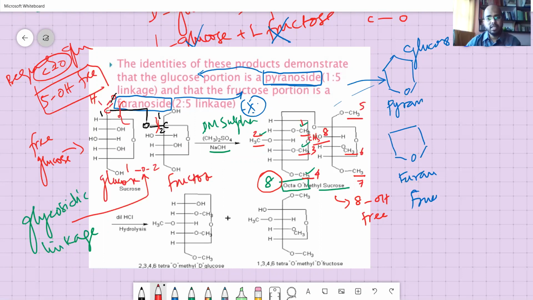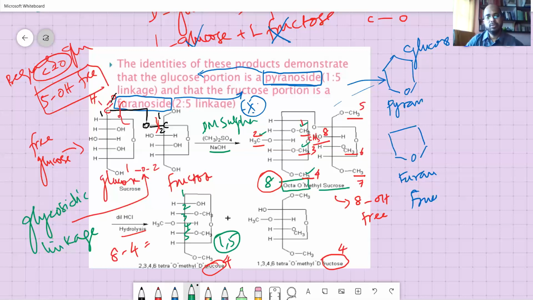Okay, now this octamethyl sucrose is treated with dilute HCl, which is termed as hydrolysis, and it gives 2, 3, 4, 6 tetramethyl glucose. 8ல 4 போயிடுது, 8 minus 4. 4 எதுக்கு போயிடுது? ஃப்ரக்டோஸ்க்கு போயிடுது. 4 குளுக்கோஸ்க்கு போயிடுது. 4. Okay, so it is splitting up to give you the 1, 2, 3, 4, 5. 1,5 linkage. இங்க எப்படி இருக்கு?